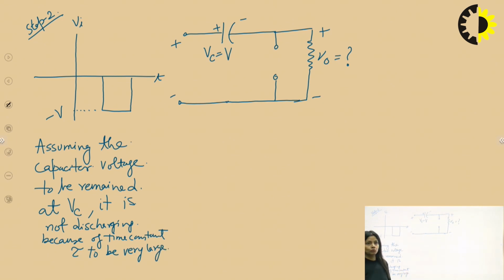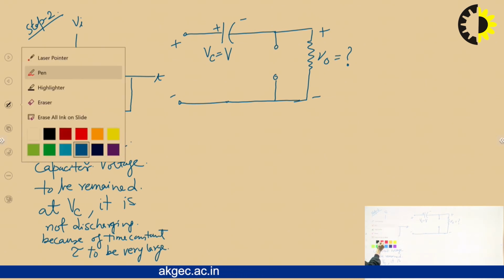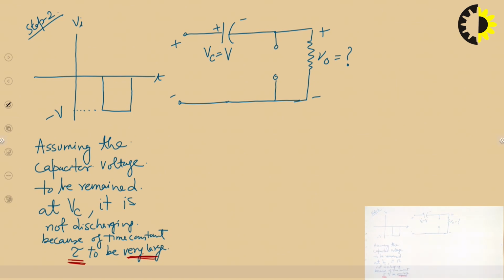You write too that we are assuming that the capacitor voltage will remain the same and it will be as calculated earlier in step 1, and we are assuming that the time constant tau of the capacitor is very large, and hence we are not discharging the capacitor at all. Okay, now apply KVL in this loop,